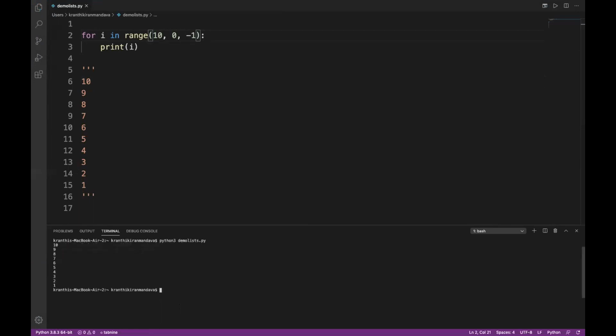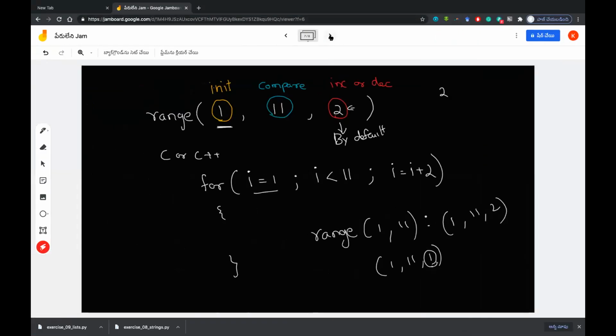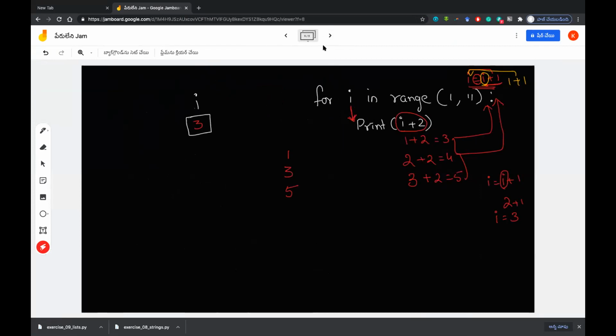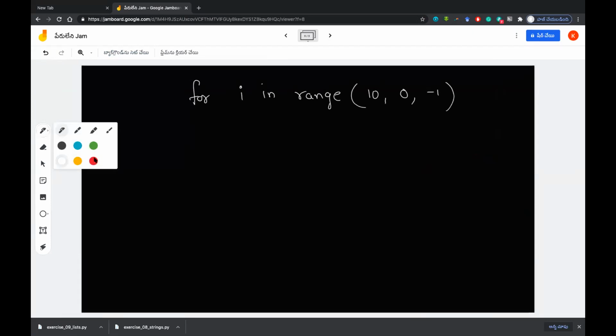Save it. Clear. Yes. 7, 6, 5, 4, 3, 2, 1. We got it. So this is almost equal to this. I will write the equivalent of both so that you will understand. So the for loop which we are writing now, for I in range, what we have written, 10, 0, minus 1, is almost equal to,